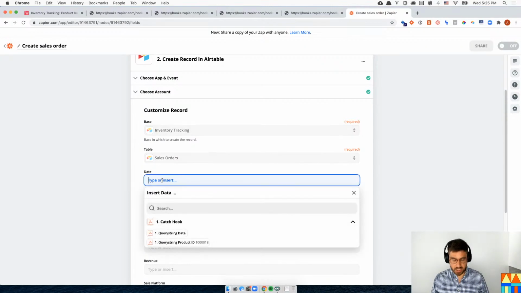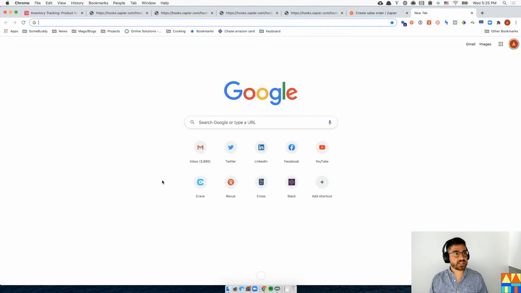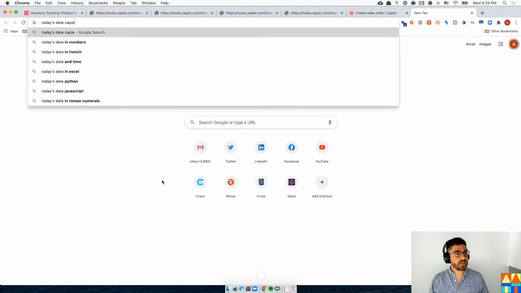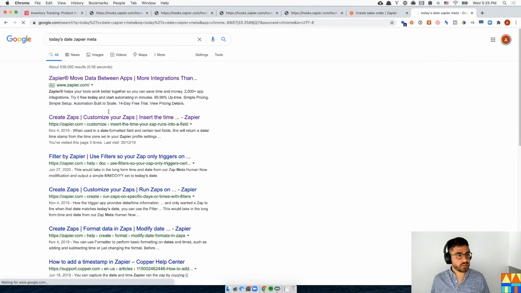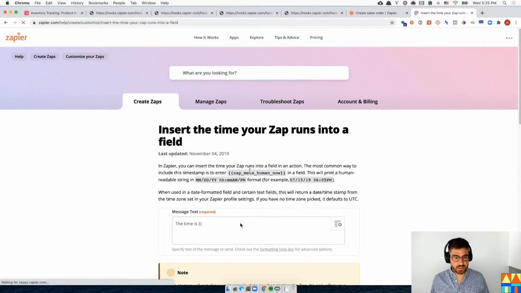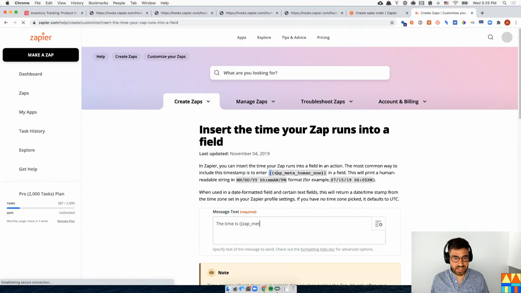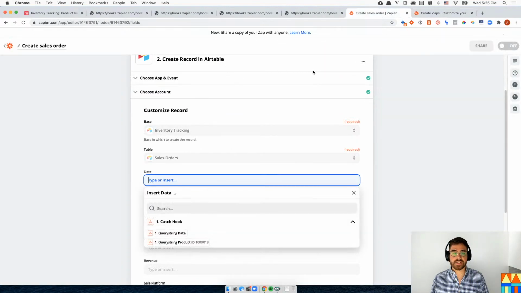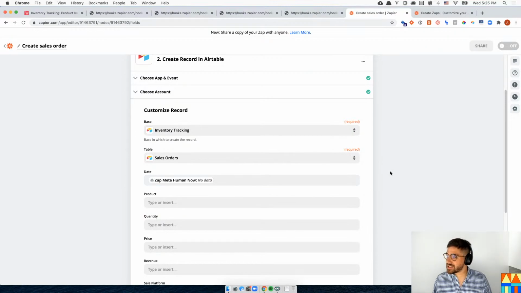So date, I forget, so you have today's date, Zapier meta. There we go, Zap meta human now. What that does is just inputs today's date. So this is some metadata that Zapier has around when this Zap was run. So you can put that into a